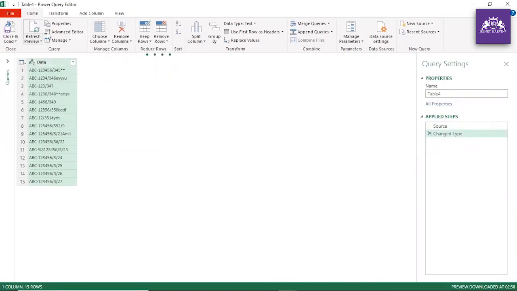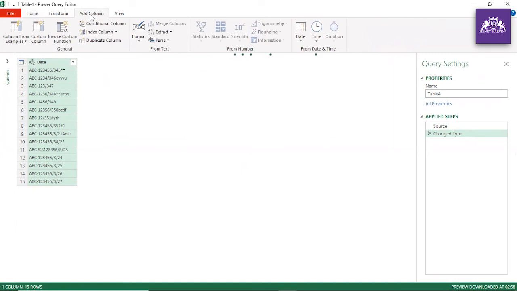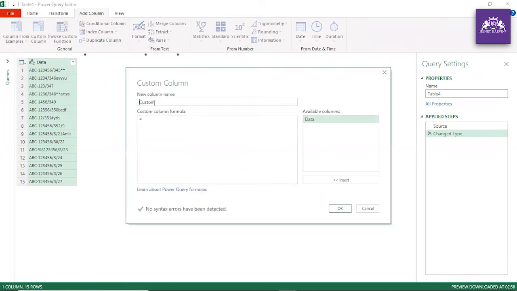Now the thing is that we have to remove all alphabetical characters. Go to transform, or maybe go to add column, custom column, guys. In the custom column, you have to write all non-numeric. So what you can do, Text.Select.